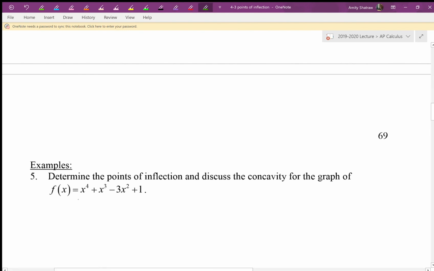All right, so I'm taking the derivative here, and I'm going to say f prime of x equals 4x cubed plus 3x squared minus 6x, and that is my derivative because the derivative of 1 is 0. It looks to me like I could